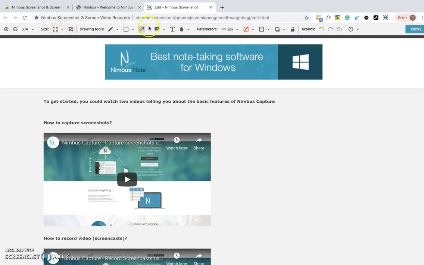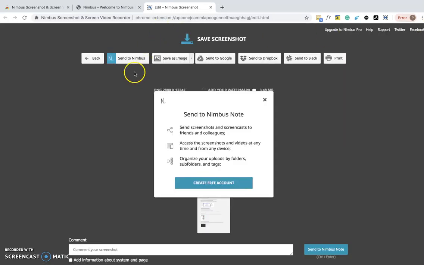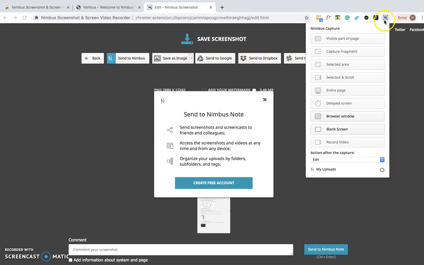Now it also offers, if you want to edit, add text, anything you want to do, you can do. Once you click on done, it will give you options to save or send, and you can send it to Dropbox, etc. There are other things where if you want to record a video, you'll need to use this